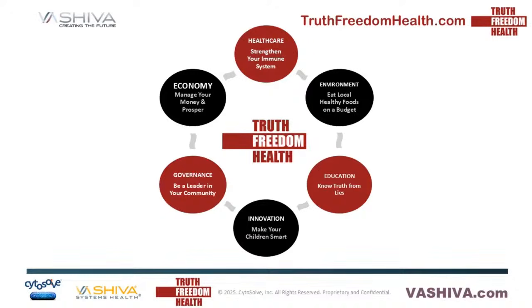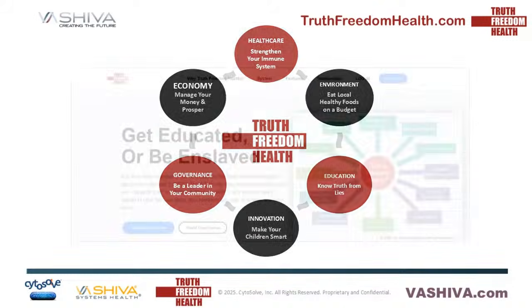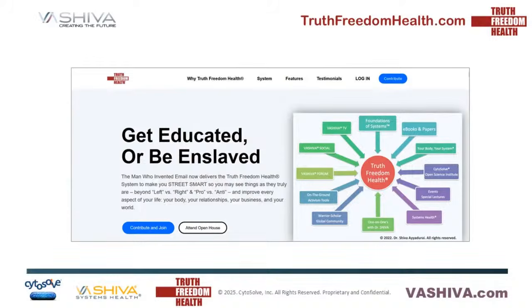It comes from us developing our own leaders in our community. The swarm creates its leaders to maximize power, profit, and control. Our movement is creating leaders for truth, freedom, health. It also teaches people how to be economical and resourceful. There are many forces which unfortunately teach people to spend money on stuff that's actually garbage. But that's what our movement does. It teaches people these tools. If you want them, go to truthfreedomhealth.com.